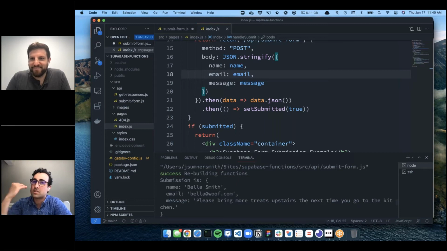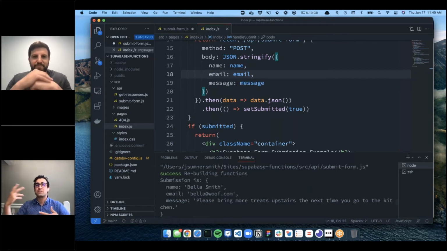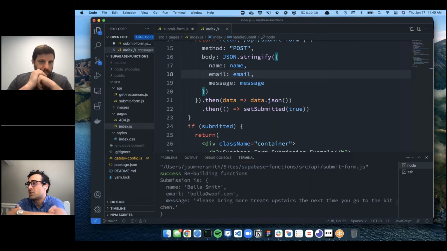Also, you can check out the example repos in the main Gatsby repo. There's a bunch of stuff in there: authentication, and some interesting stuff interacting with the Gmail API and Twilio and all sorts of cool stuff. Most of our examples right now are on GitHub, so that's the best place to check that out.